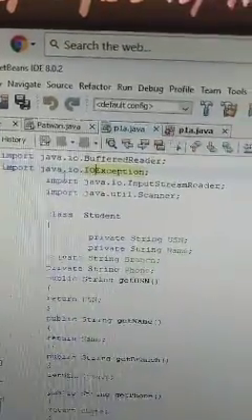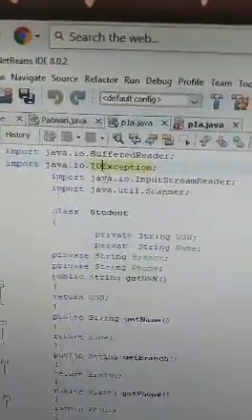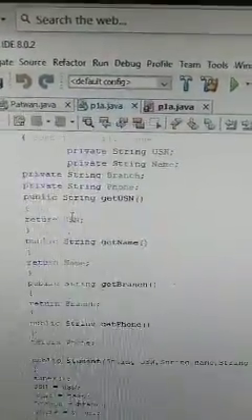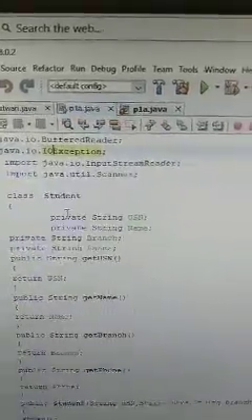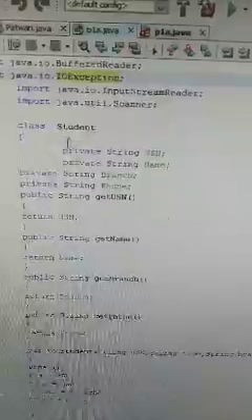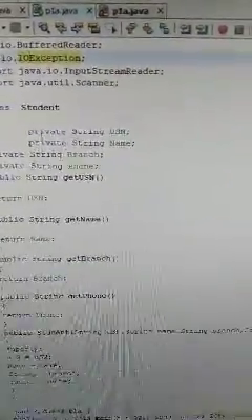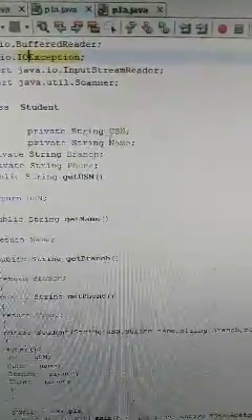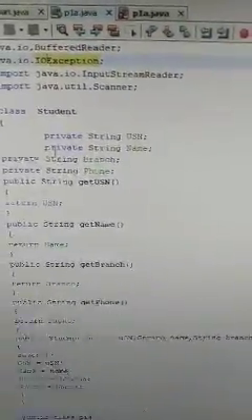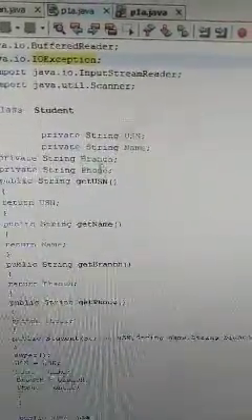See, import java.io.BufferedReader; these are the Java packages, IOException. First thing you have to remember, all private members and public members are created within the class only in Java. So here I created a class Student. Whatever attributes the student requires are created as private. USN is a string and name is also a string, all considered strings within private: USN, name, branch, phone number.